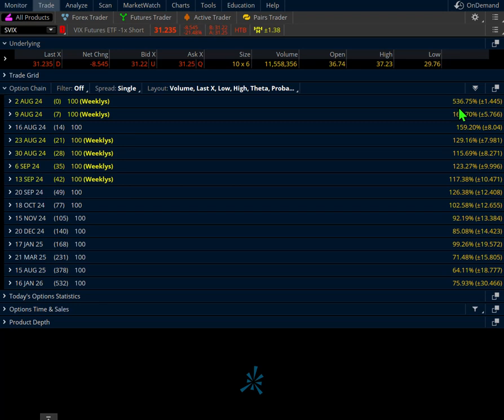Well, look at the implied volatility for the options that expire today and the options that expire next week. I don't know a history of these, but that looks to be very high to me. The expected move is plus or minus $5. I expect the VIX to calm down. I expect the SVIX to come back up in price.